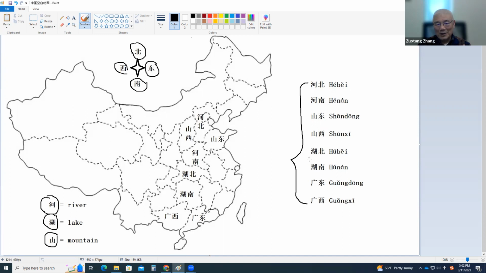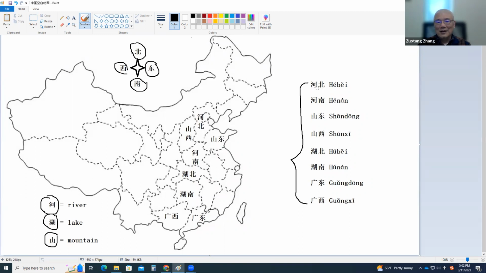Hubei, so Hu means lake and Bei means north. So it means the north side of the lake. And Hunan, likewise, is the opposite side, the south side of the lake. Guangdong, there must be a place called Guang, and Dong means it's to the east of Guang, and Guangxi is to the west of Guang. All right. Now, please read after me these